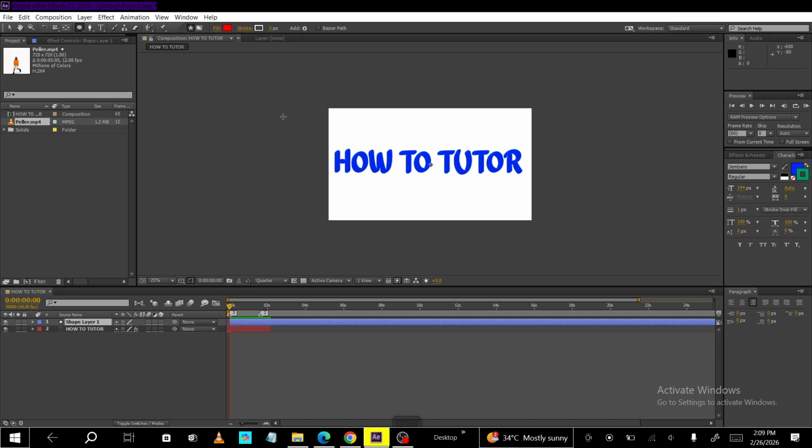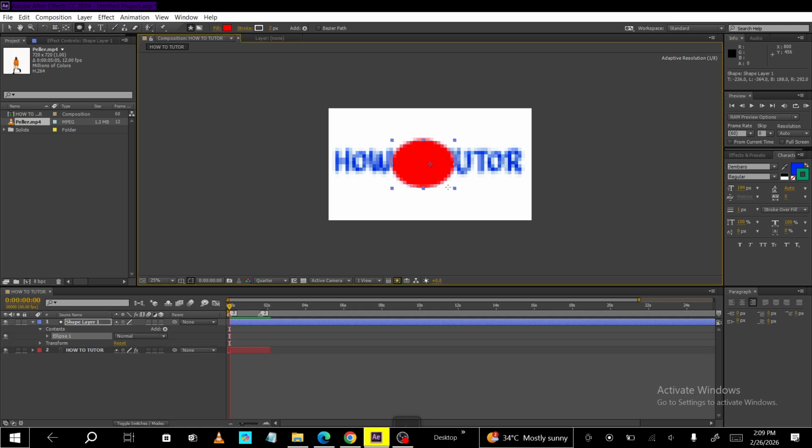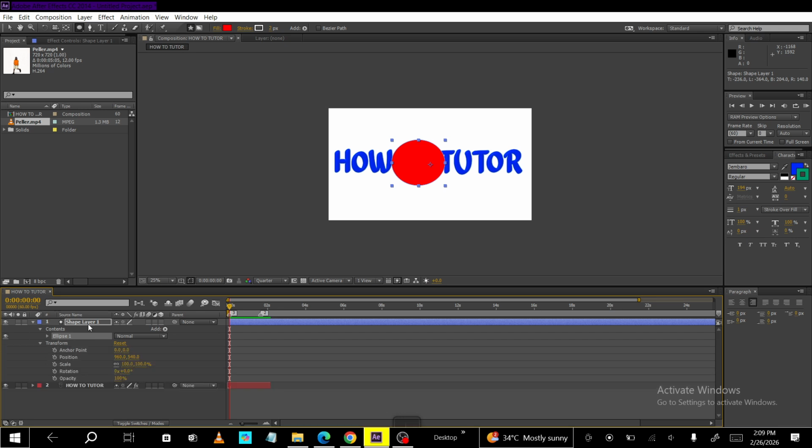Select your shape tool. This might be a rectangle, an ellipse or circle, or any other basic shape available. Click and drag in your composition area to draw one shape, then draw a couple more so you have at least 2 or 3 different shapes to work with. Try mixing it up, maybe one rectangle, one circle, and one square, or vary their sizes and positions so they're